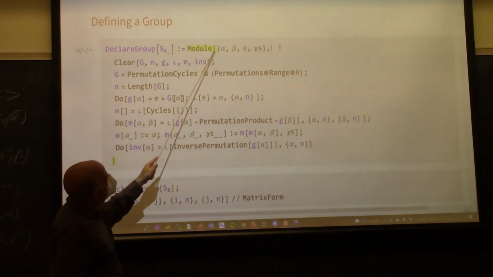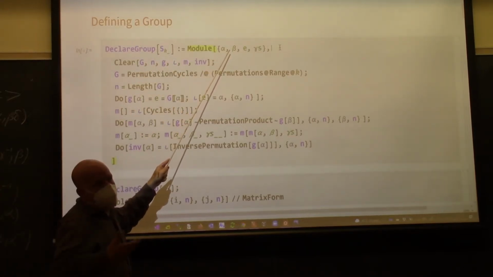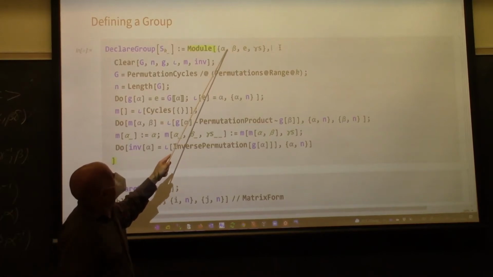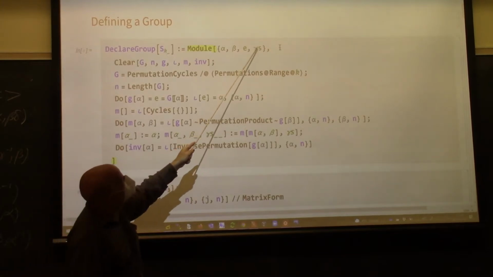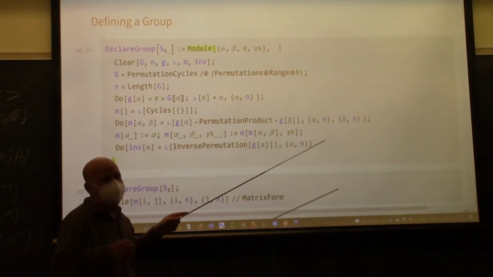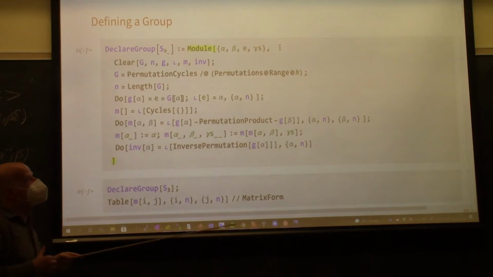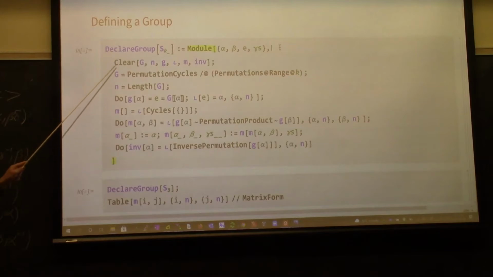So this is a module, meaning it's a thing which is allowed to have local variables. And the local variables are alpha, beta, e, and the gammas. So anything that ends with s should be read as gammas, as opposed to a single gamma. And then, where are the gammas? I think it's a no, I do use it. Okay. The first thing we do is, so this is actually bad programming, because you should never have a program